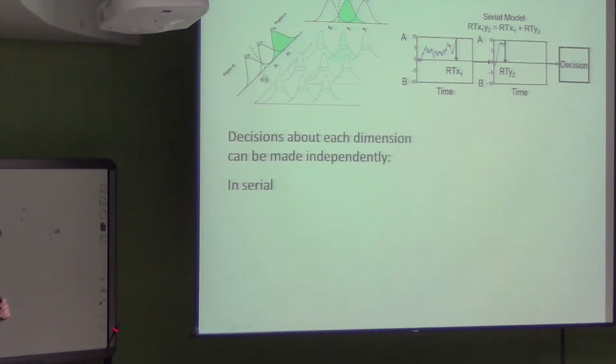In comparison, on the y dimension, it's rather far from the boundary, so our decision on dimension y occurs very quickly. We accumulate evidence very quickly that this belongs to category A. The random walk races very quickly to that threshold. And our total decision time from each of these models is simply the sum of the time it takes us to complete each of these independent decisions.